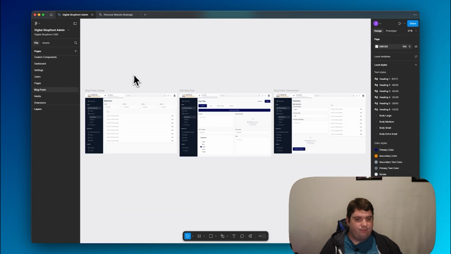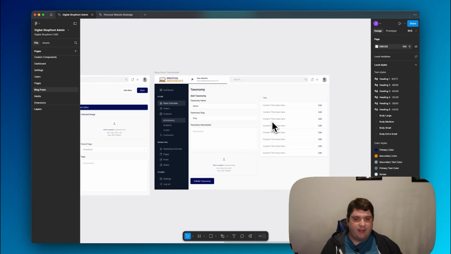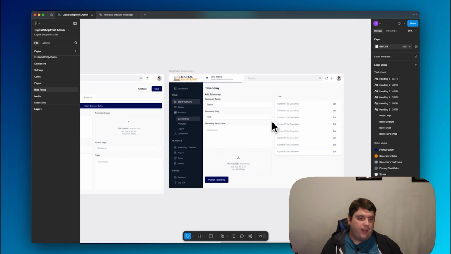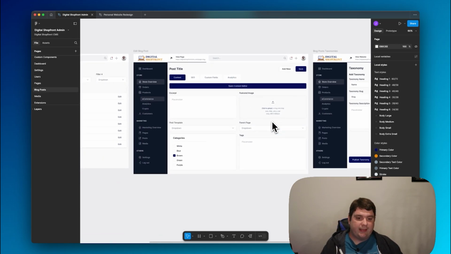Blog post is basically the same thing, except that we just add in taxonomies like categories, tags, those sorts of things. You can add tags and categories or other taxonomies that you want to add, which, as I believe you'll see in a little bit, will be something you can add without having to worry about any code,